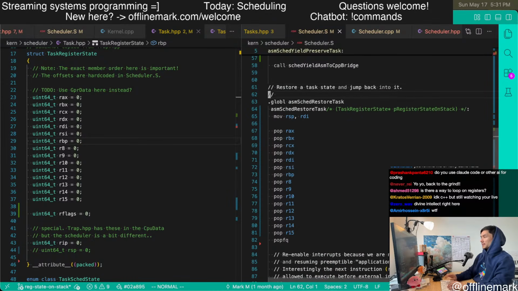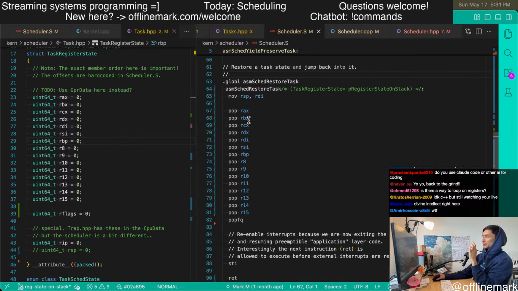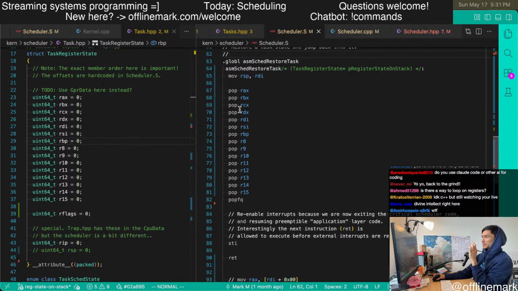But yeah, that's it. With our new implementation that is very stack based, this is what it looks like now: move, pop, pop, pop, pop, pop, pop, pop, pop, pop, pop, pop, pop, popfq, STI, ret. That's it.